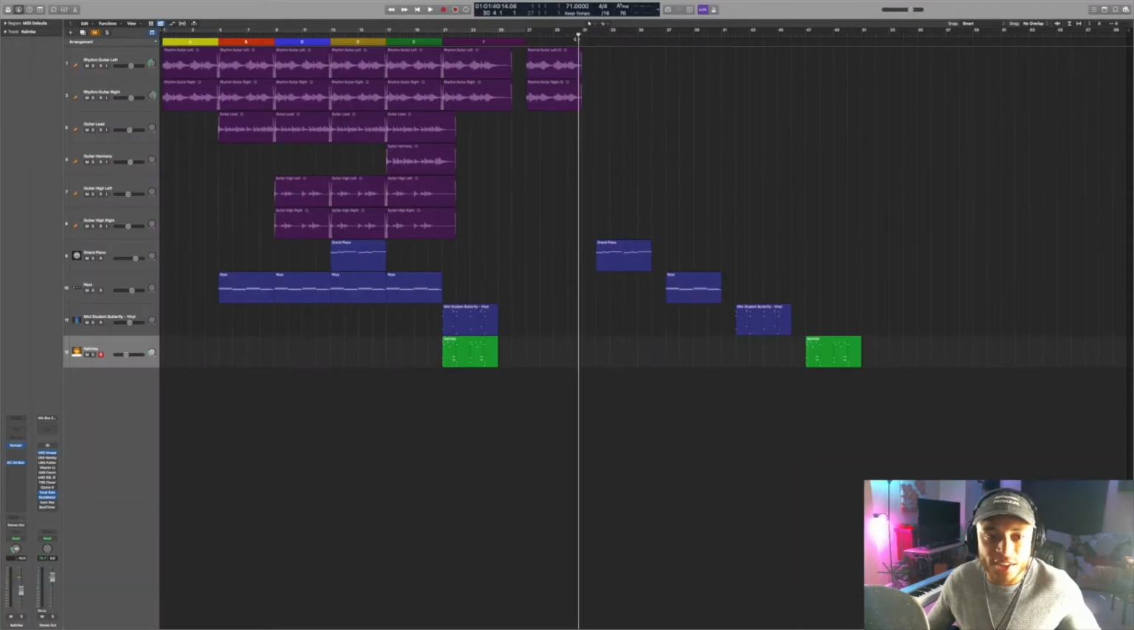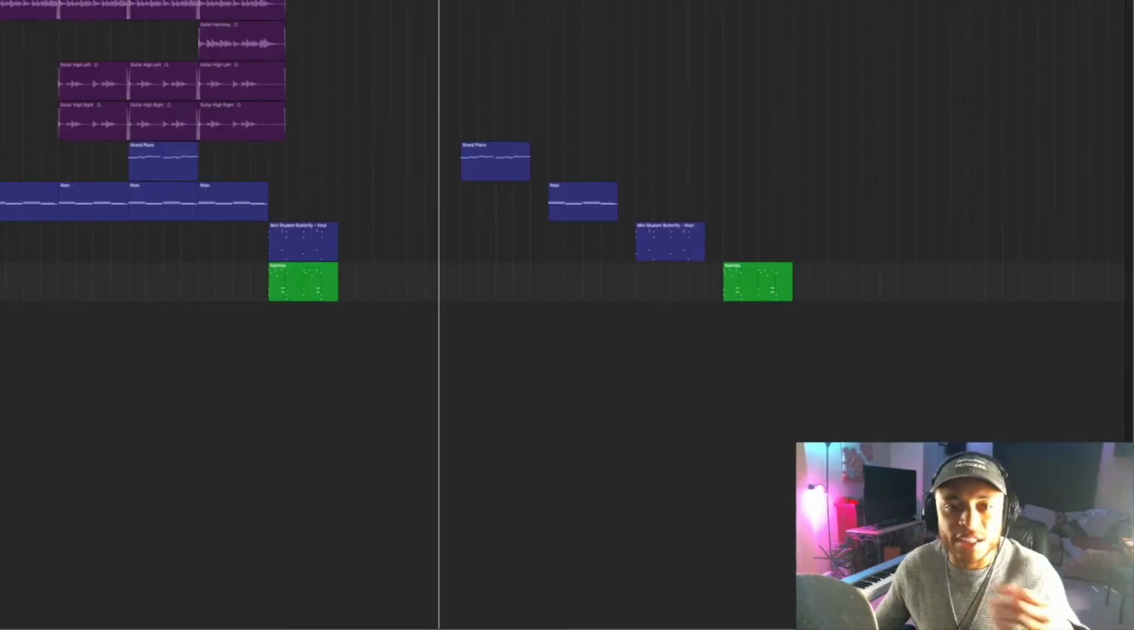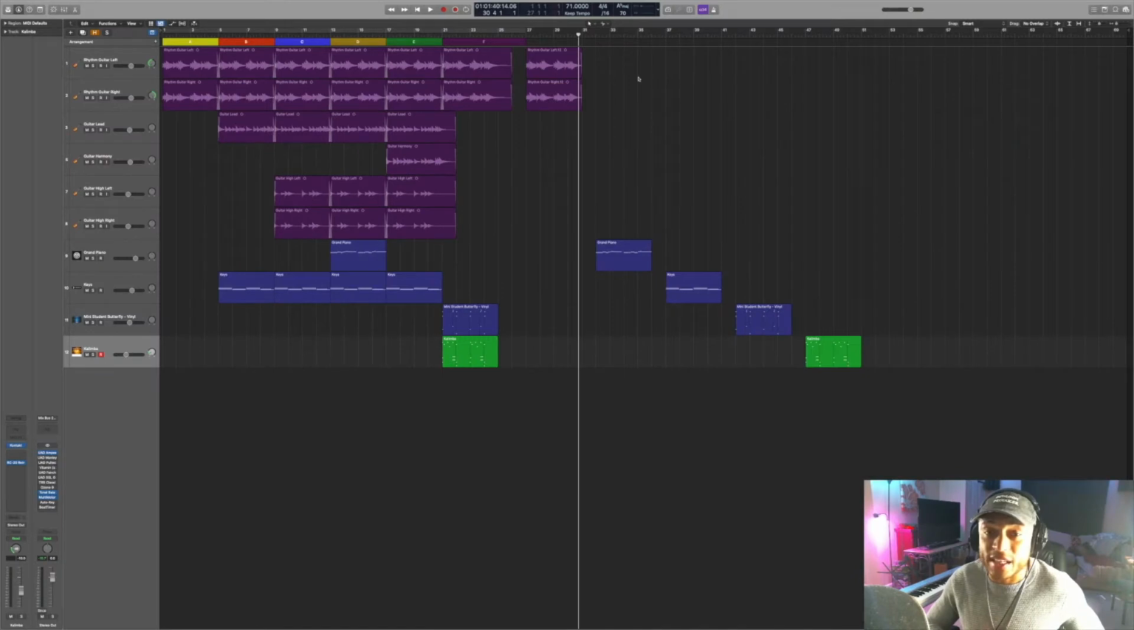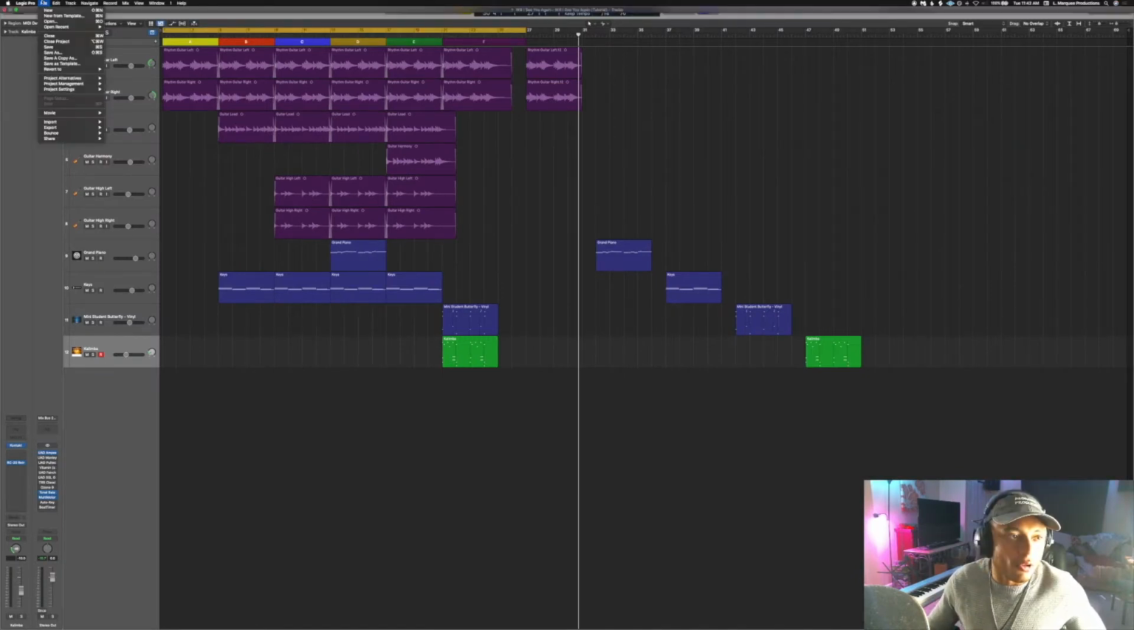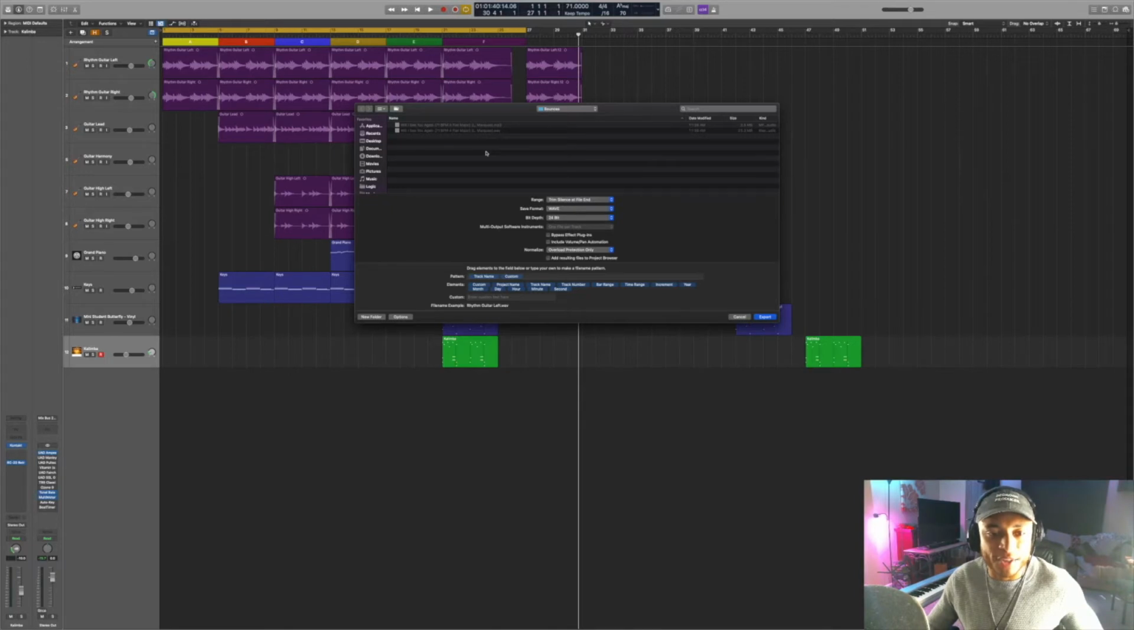The difference is that instead of all of it being on one single file, each individual track will be exported as its own individual file. In Logic Pro, it's really easy to export trackouts. All you need to do is make sure that your cycle range for your loop is selected, go to File, Export all tracks as audio files,